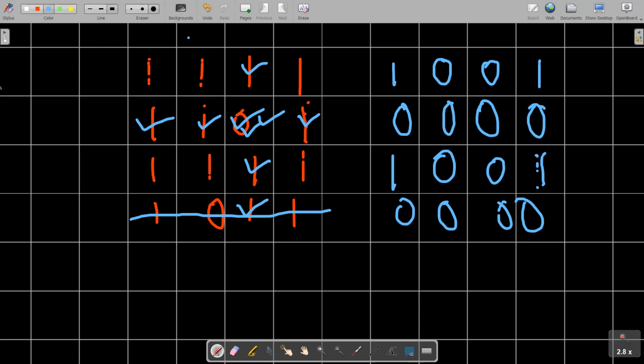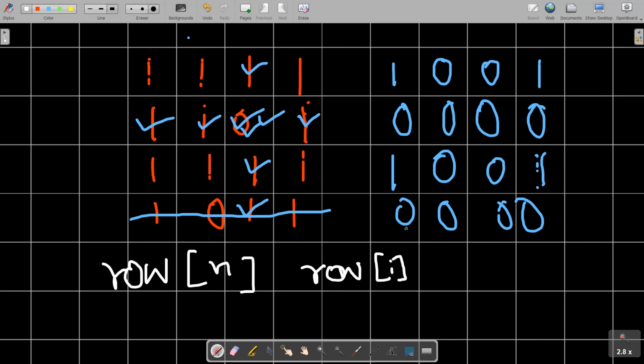Okay, so suppose we have been allowed to use a space, then we are going to maintain a boolean vector, a row of size n, and every row of I is going to denote whether the particular row, that is all the elements lying in this row, is going to have the new value as 0 or not.